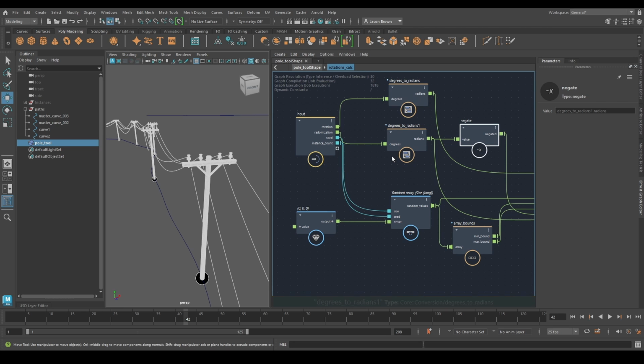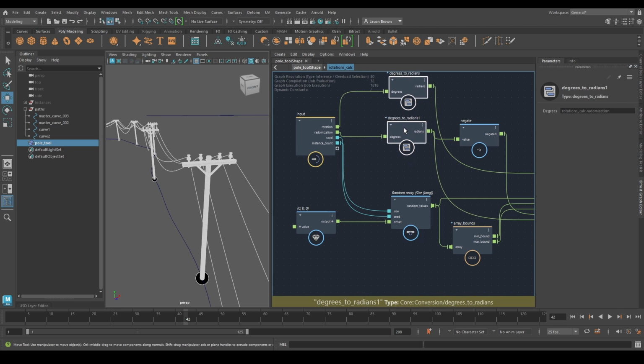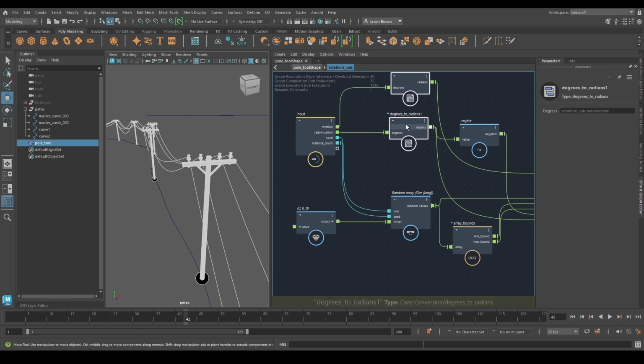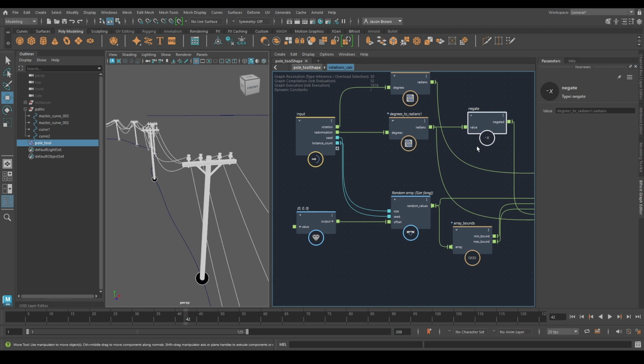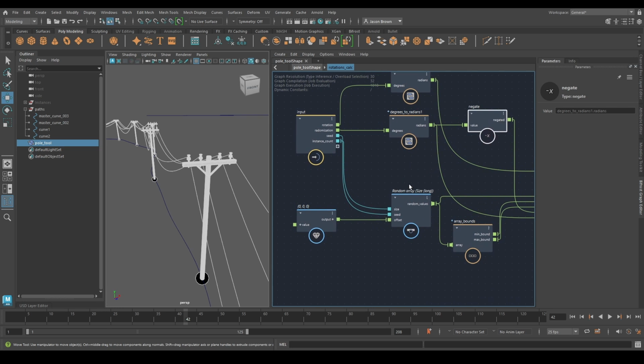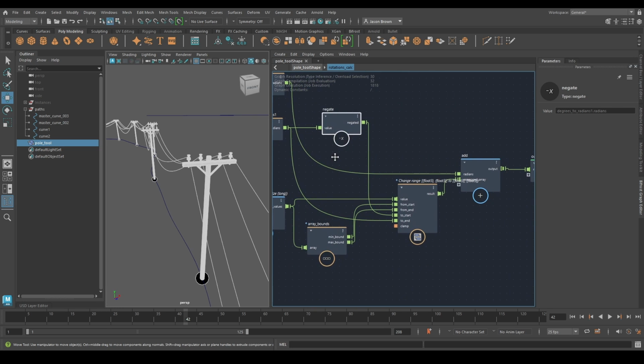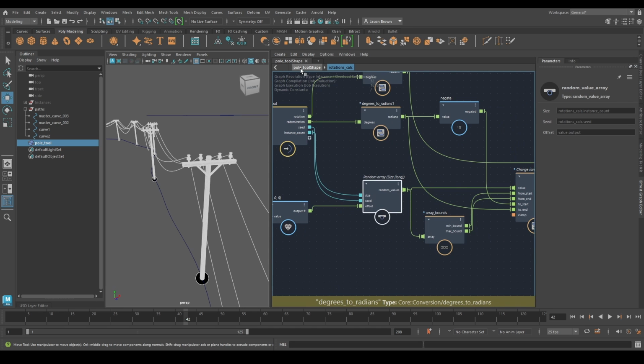But again, this is a tool thing. Most artists, some will know how to work with radians, but most won't, and they'll prefer degrees because that's what they grew up learning. When you go and do geometry at school, at least where I went to school, we got taught about degrees, not about radians. That came much later. So I'm converting to radians for Bifrost to use, and what I'm outputting from here is